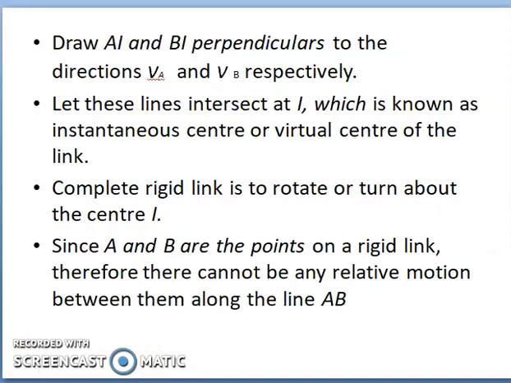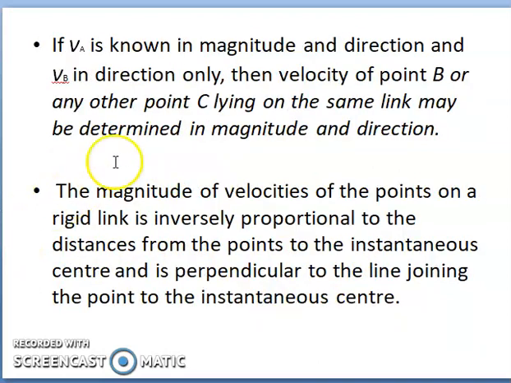So to determine it, we draw perpendiculars, and then we make them intersect, and then we find out the instantaneous center. Okay, the magnitude of velocity of the points on a rigid link is inversely proportional to the